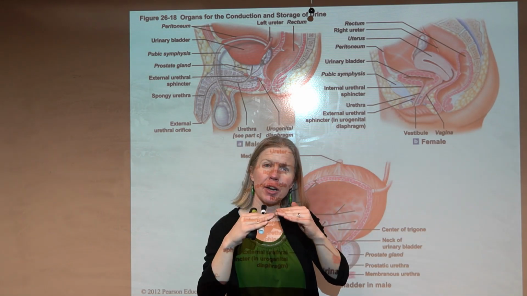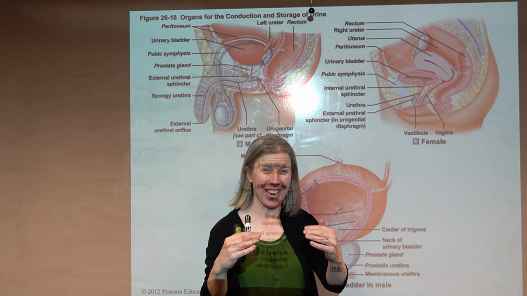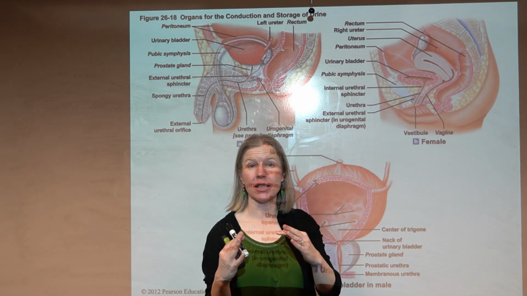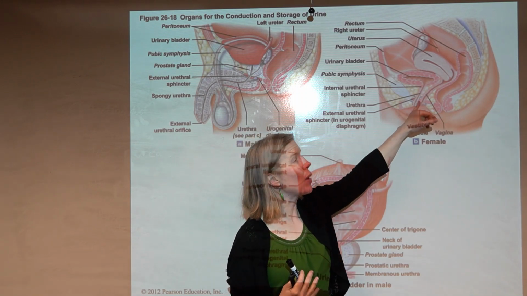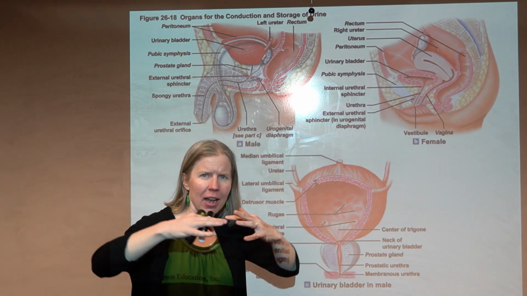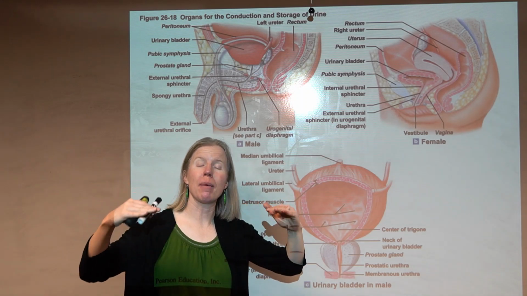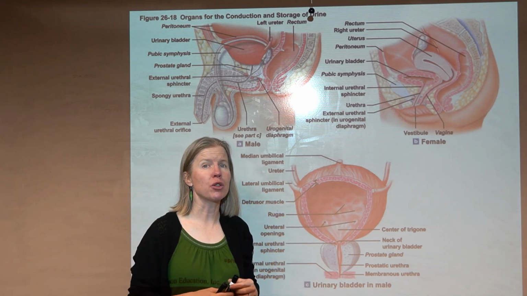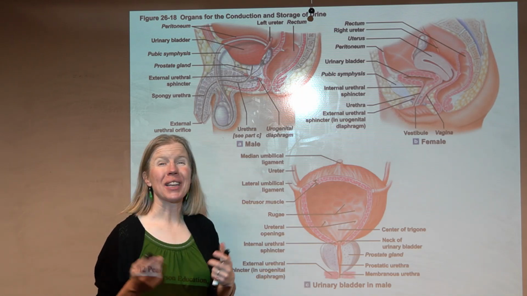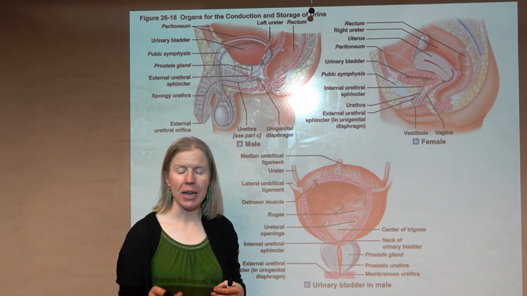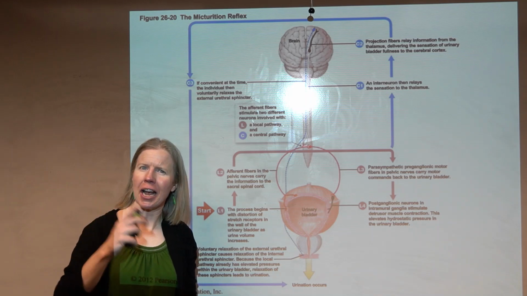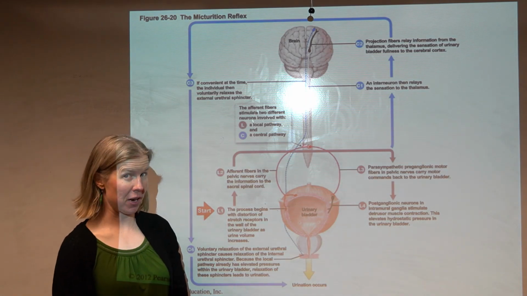If that diaphragm is strong, that supports the external urethral sphincter and your ability to have voluntary control over it. One of the most common ways that diaphragm is weakened is through childbirth. I mean, think about it: what kind of trauma is taking place there to that musculature? So it can take a while to regain the voluntary control over that. Kegel exercises can be useful in strengthening the diaphragm there, because it is nice to be continent and decide when you are going to micturate, when you're going to